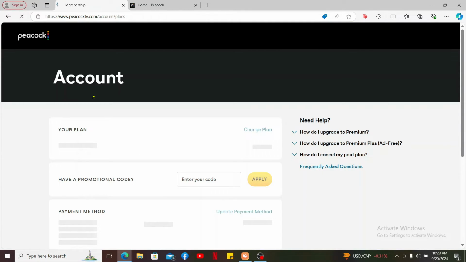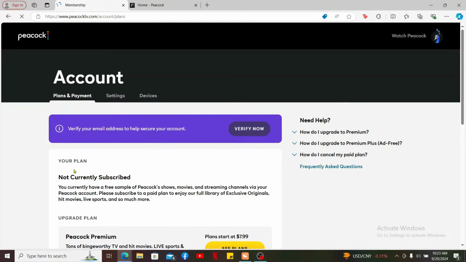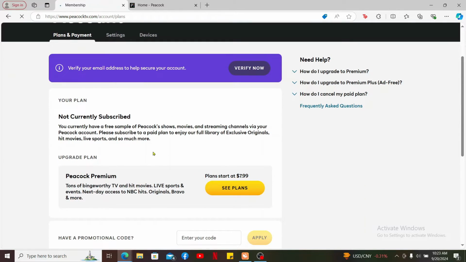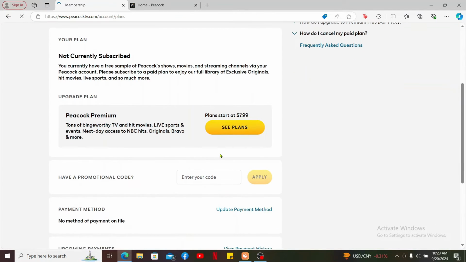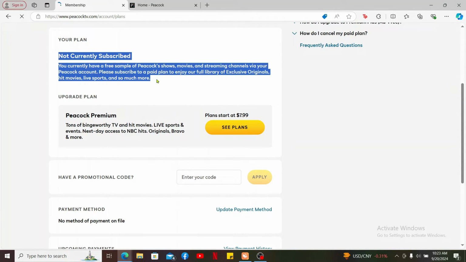After opening up the account option, under your plan, if you have subscribed to a plan, then you will be able to see it right here. If you are not subscribed to any plans, you will be able to see this text over here where it says not currently subscribed. Look for a cancel subscription option or something similar on the top under your plan,